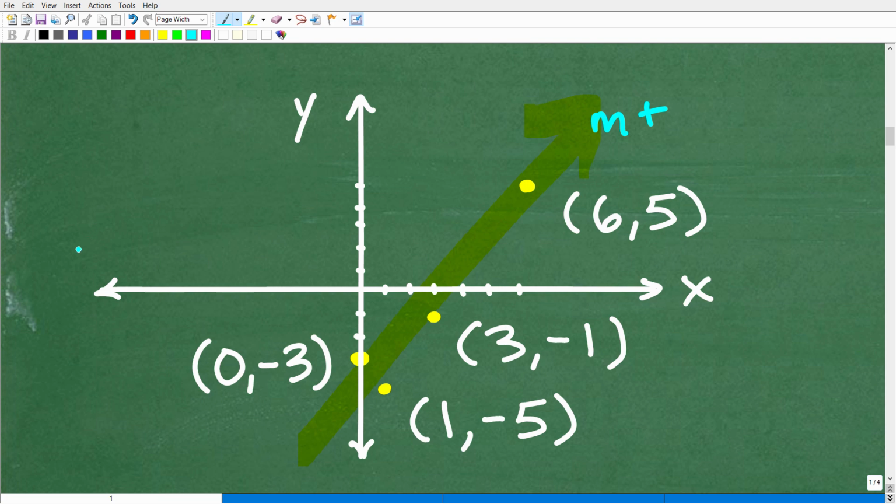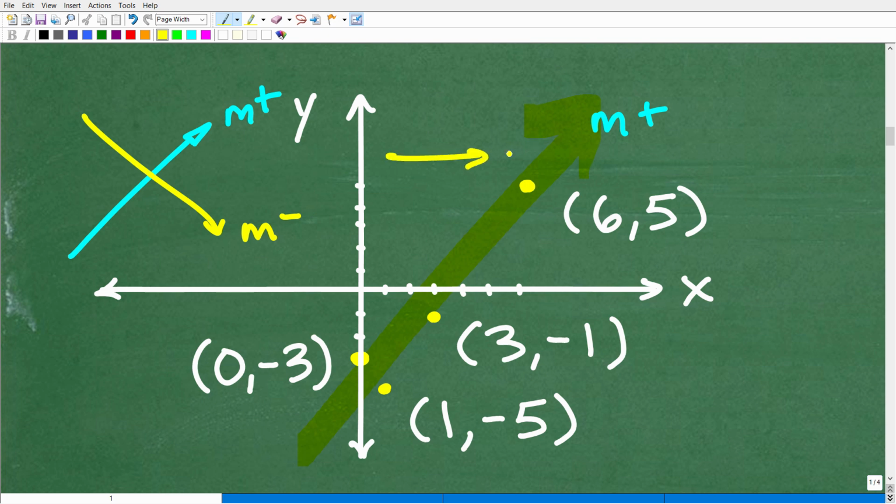Now, when you graph lines on the XY plane, the steepness or the angle of a line is called the slope. Lines that run or increase from left to right have a positive slope. Lines that decrease from left to right have a negative slope. Lines that are totally horizontal have a zero slope. And lines that are vertical